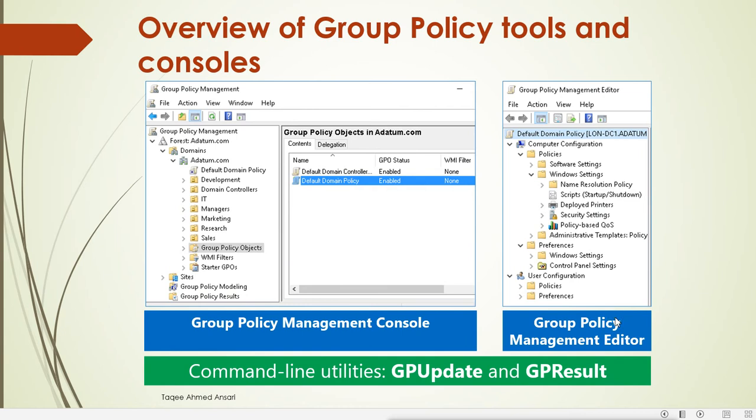Now, if we want to manage or configure the group policy, these are the tools we have. This is the Group Policy Management Console, which we can use to define, create and assign the policies. We can open this console from the administrative tools, which are available in Server Manager. Then when we want to edit the policy,